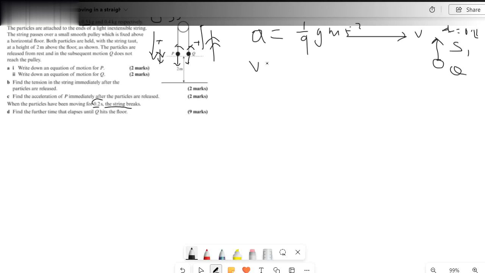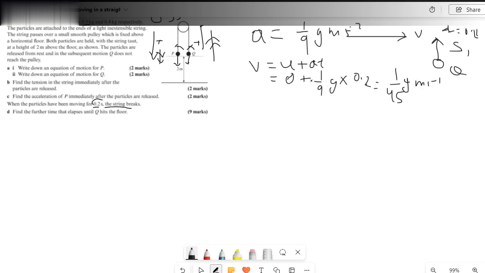So using the equation v is equal to u plus at, u is 0 because initially Q was at rest, plus a, which was 1 by 9 G, multiplied with t, which is 0.2, and so we get 1 by 45 G